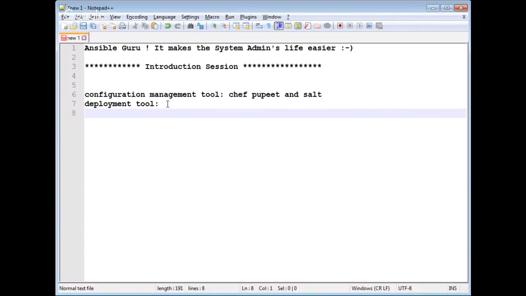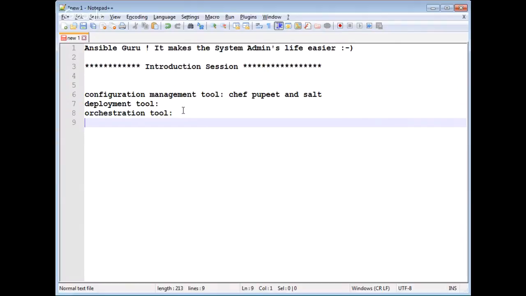Next, it can be used as an orchestration tool as well. So what do we mean by orchestration? It is a kind of sequence. When we have to execute tasks in a sequence, we may have a situation where we need to bring up the database servers first, then the web servers. You can design that sequence using Ansible, and it is tightly